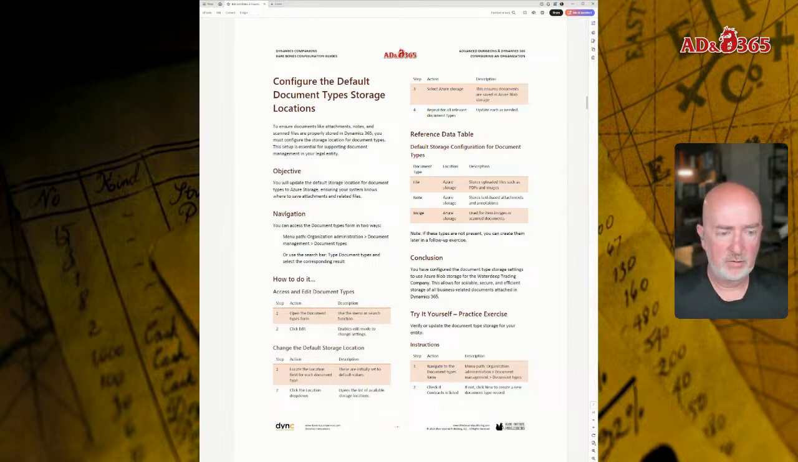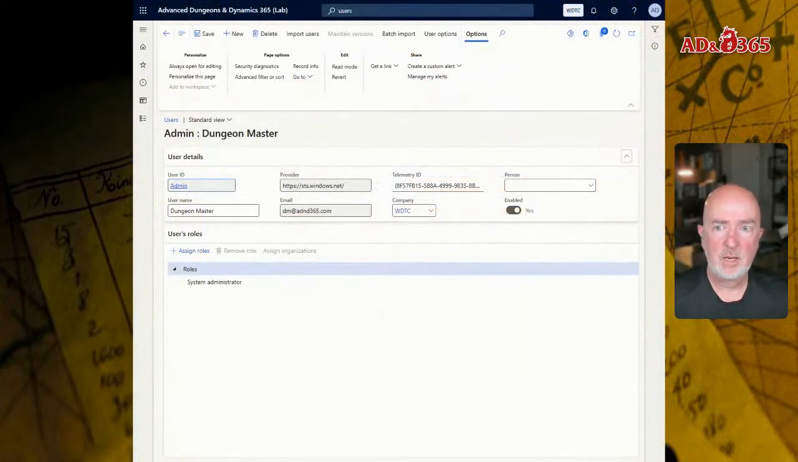storage locations for those. So we're going to open up the document types, and modify these and store them within Azure, because we don't really want to put them in the database, especially images and documents, because they'll just bloat out the database and make it too large. So if we return back to our environment,